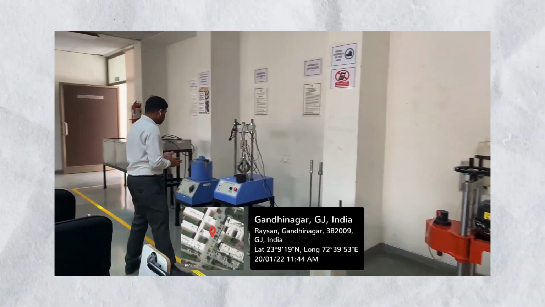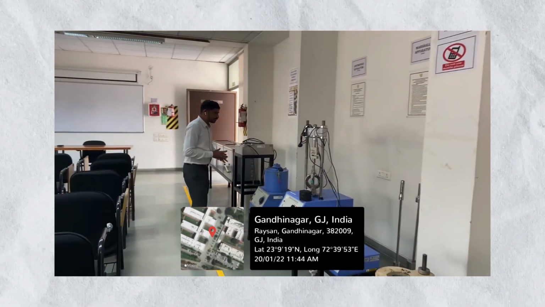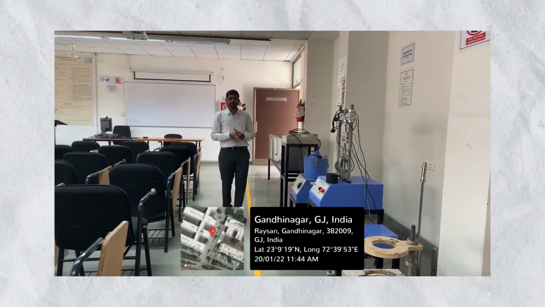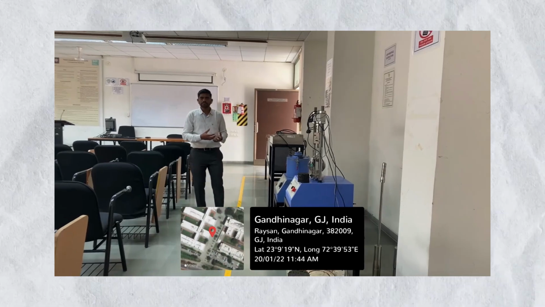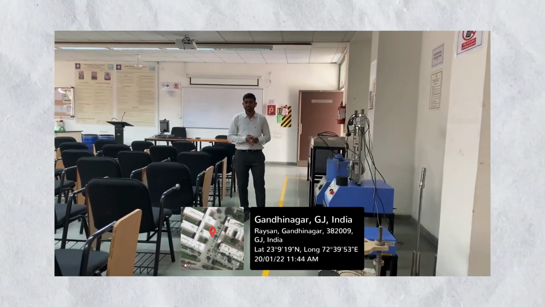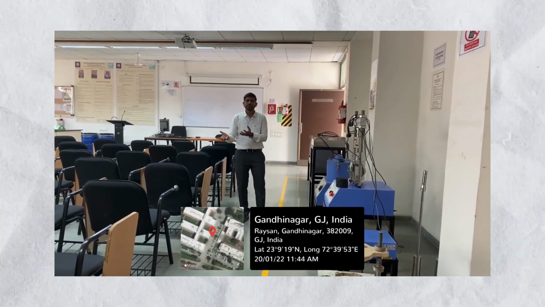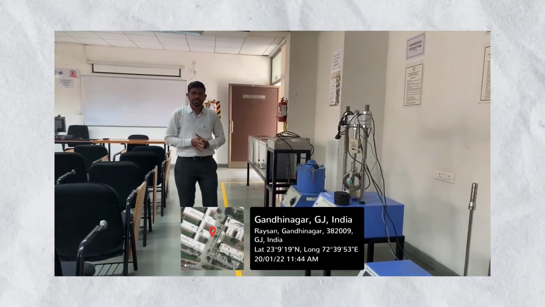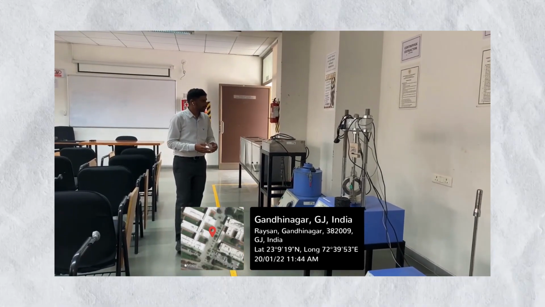And another such equipment is this. You can see this is a centrifuge extractor, which is used as a quality control test, where one can identify the bitumen content in the existing mix. We can collect the mix from the field and test it, or we can also test the laboratory sample.